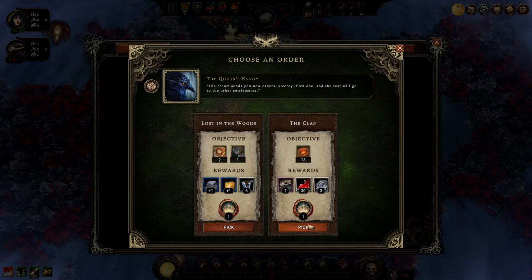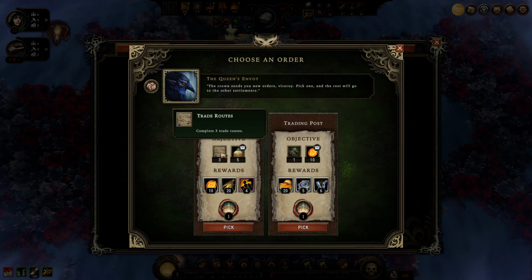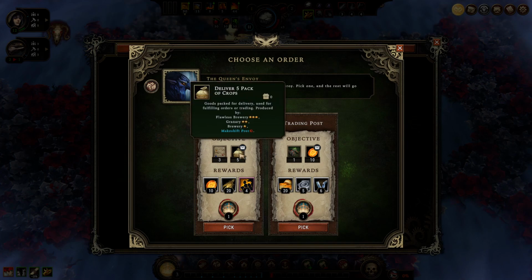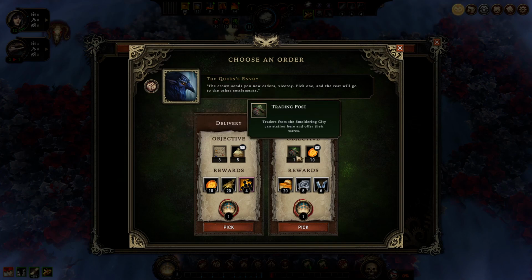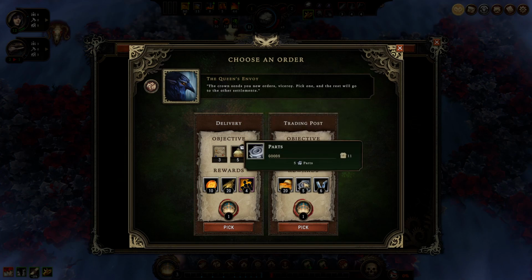Some extra food will be really good. The crown sent you new orders, Viceroy. Pick one and the rest will go to the other settlements. Right. Complete 3 trade routes. Okay, doable. Deliver 5 packs of crops. Okay. You can make this always in makeshift post, so this one's doable. Trading post. Traders from the smoldering city can station here and offer their wares. Deliver 10 amber, a widely accepted currency in the kingdom. Crystallized 3 blood. Fitting. Biscuits, parts, and tools. These are really premium resources, by the way. We get 4 people here, though, but...